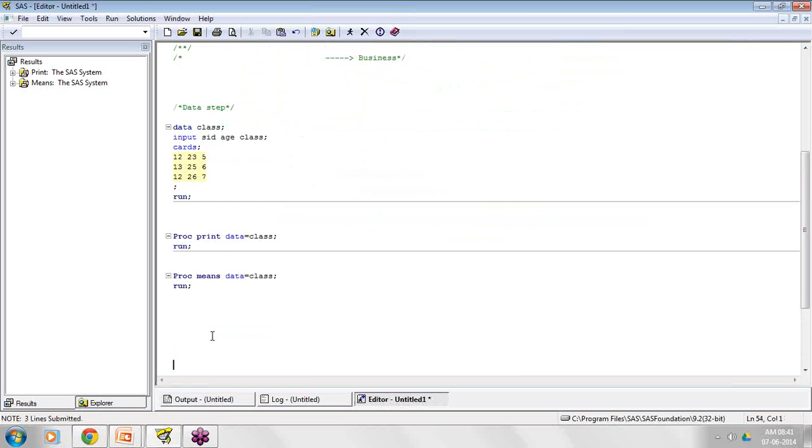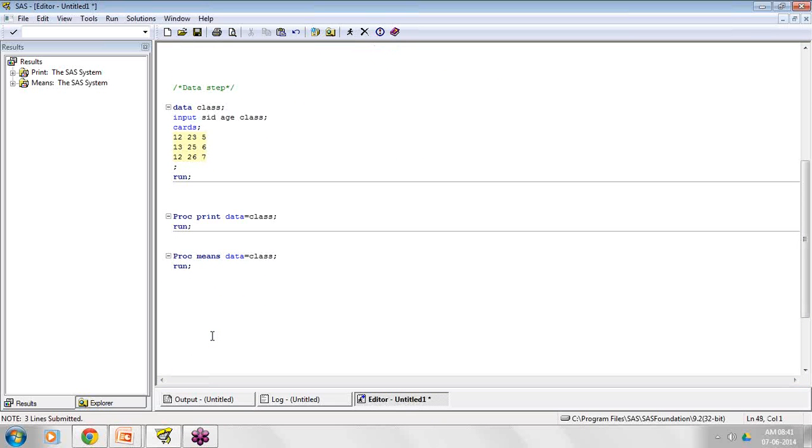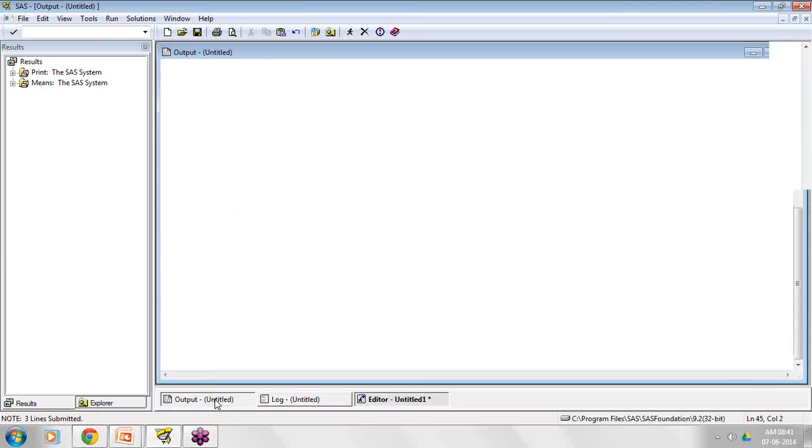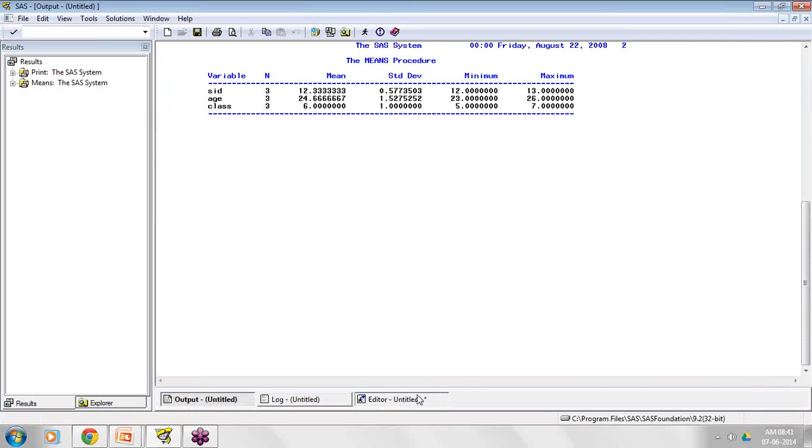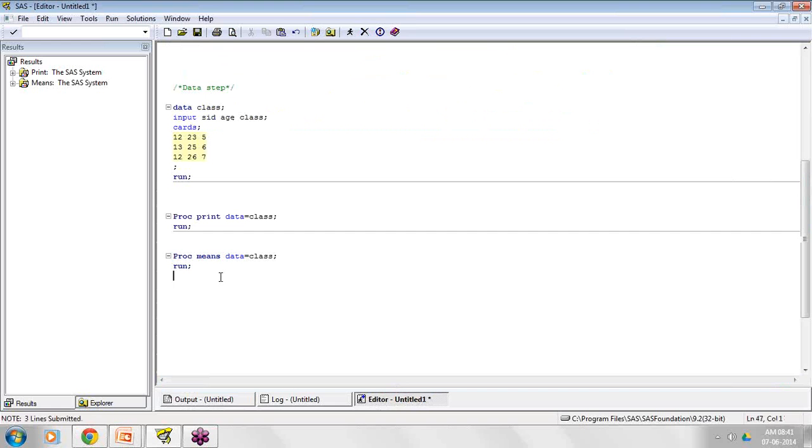We need to understand which procedure we have to use for our desired business need. If you know that, that is more than enough. So that is where I have created a simple PROC MEANS procedure. We can perform any kind of statistical operation, even frequency or univariate, with the help of procedures. I can perform a simple print, and I can get the statistical results.